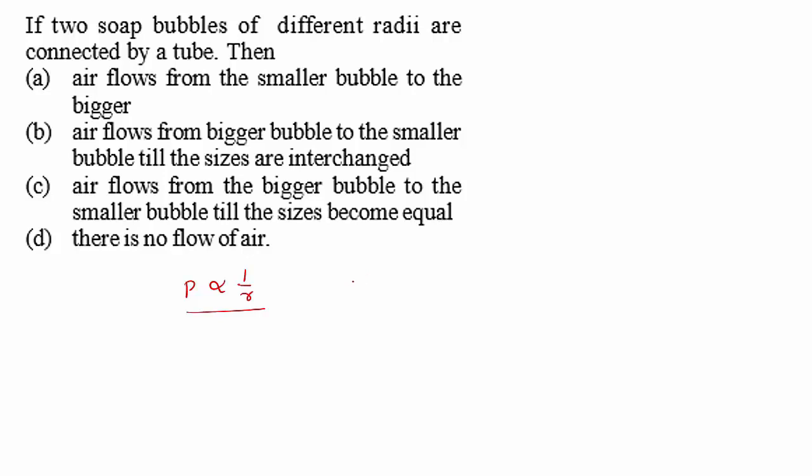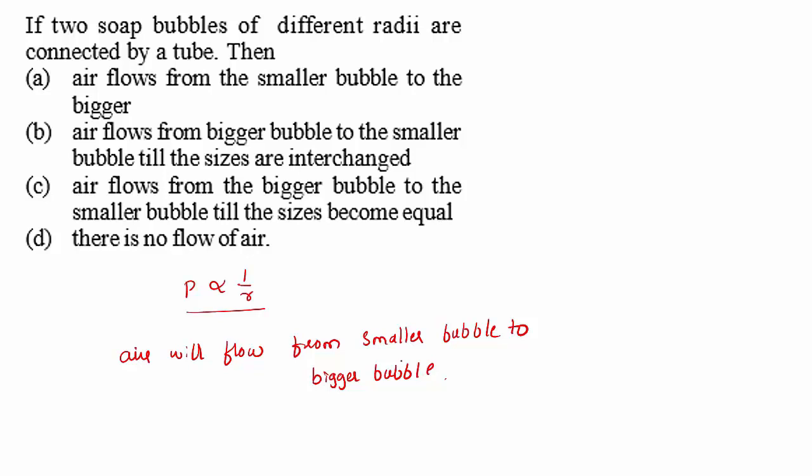That means if the bubble is small, it is having high pressure. If the bubble is large, then it is having low pressure. High pressure is present in the small bubble, low pressure will be in the large bubble. Thus, if these two bubbles are connected by a tube, then air will flow from the smaller bubble to the bigger bubble, and the bigger bubble grows at the expense of the smaller one, because the smaller one coalesces into the bigger bubble